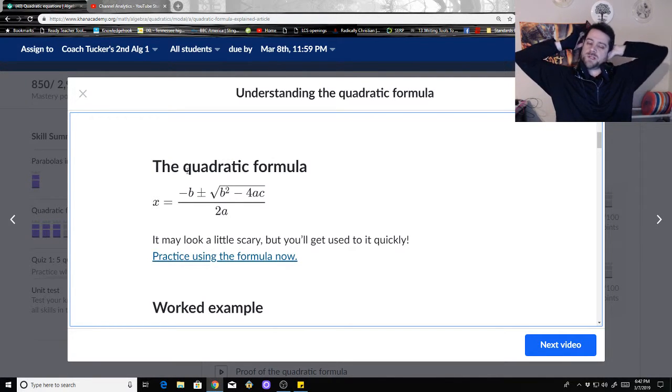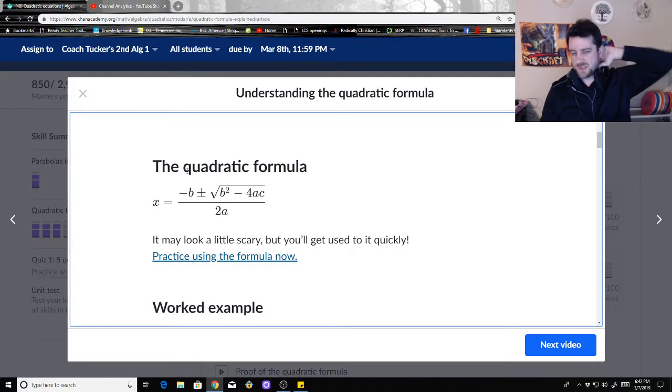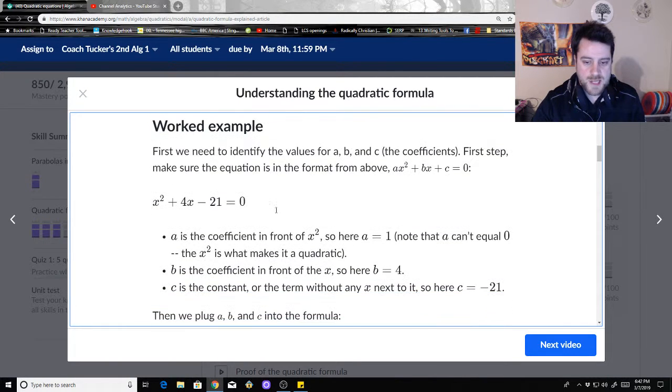I use this formula. You can complete the square. If I need vertex form, I'll complete the square because I hope you noticed in the last problems, completing the square puts it in vertex form. And I'm going to go over some problems later. Hopefully that will help with that. But the quadratic formula works every time, all the time. You need to probably just memorize it. So memorize the formula. This goes through some worked examples